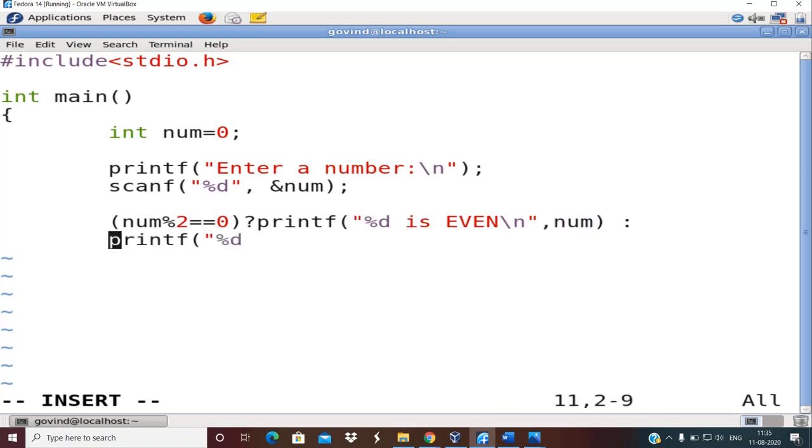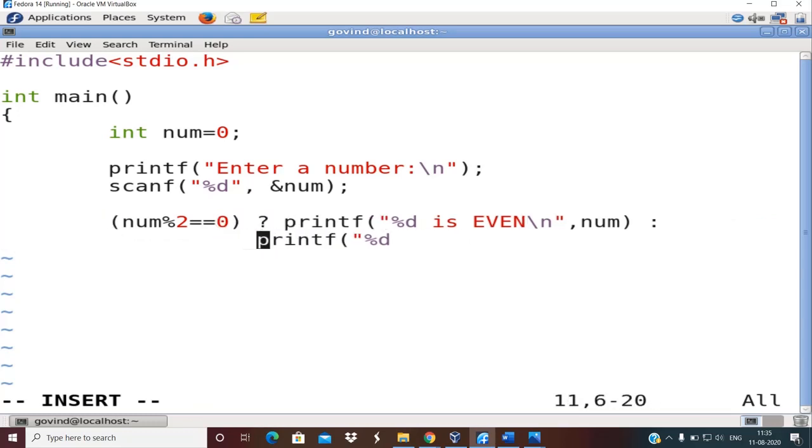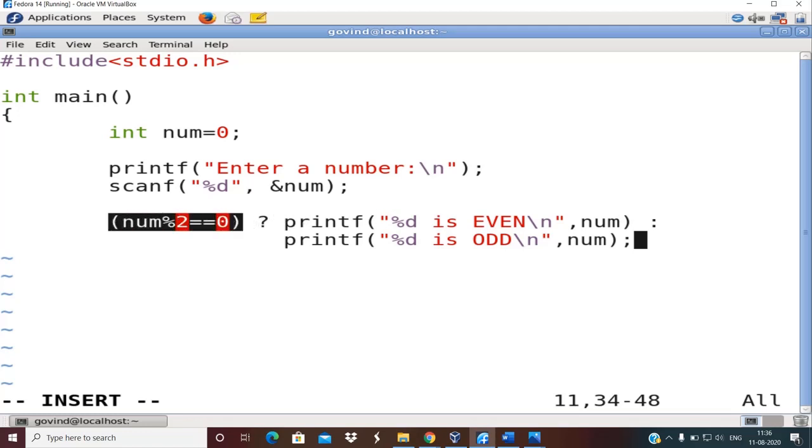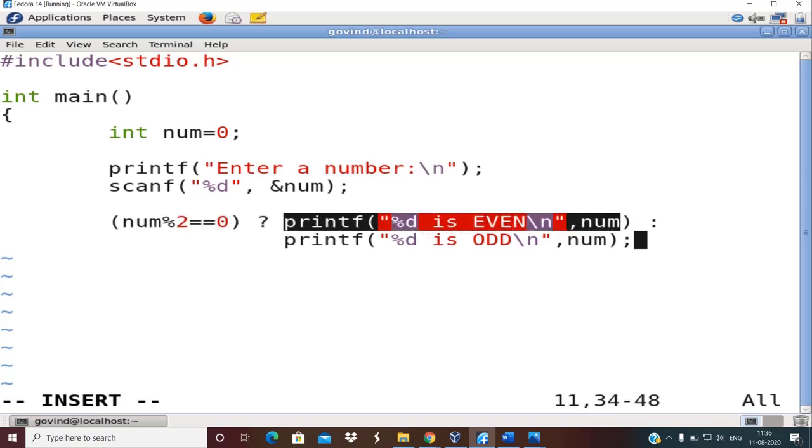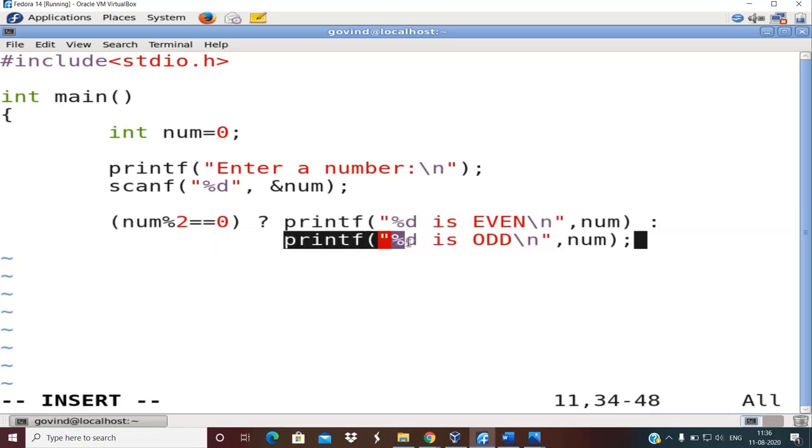In the next line I will take it for proper indentation purposes. I'm going to do this. This is called indentation. Otherwise, I will write "%d is odd \n", num. Okay. So here I have demonstrated to you the usage of this ternary operator. This is a strange operator. Why the name ternary? Because it has 3 operands. If you observe, it has 3 operands. This is the first operand, operand number 1, operand number 2, followed by operand number 3.